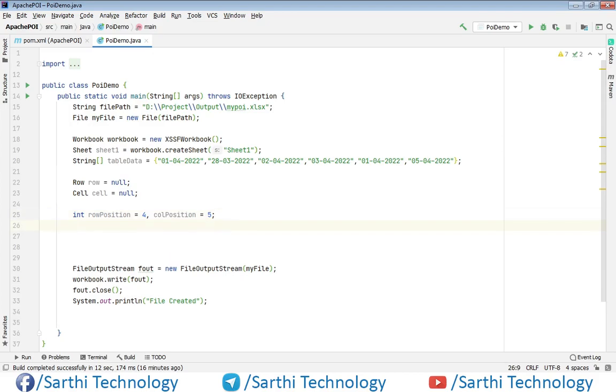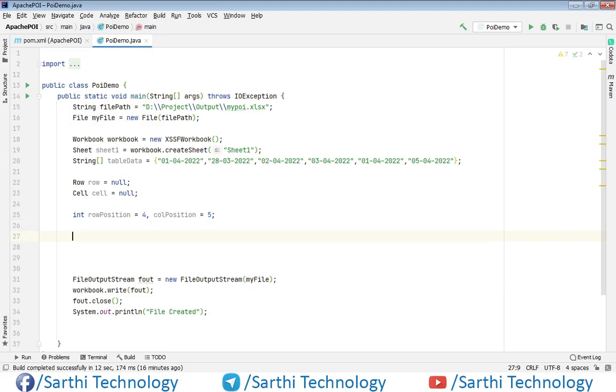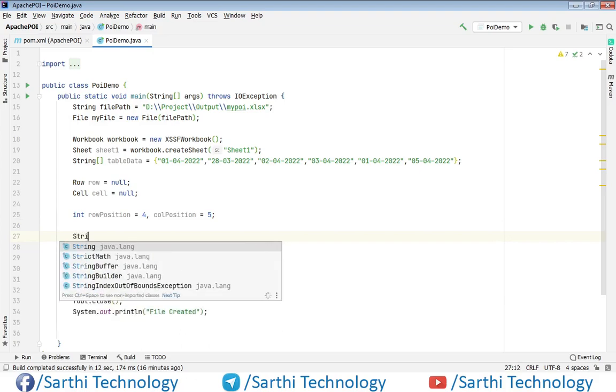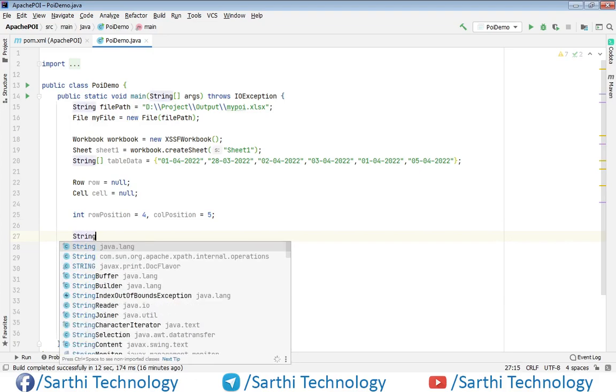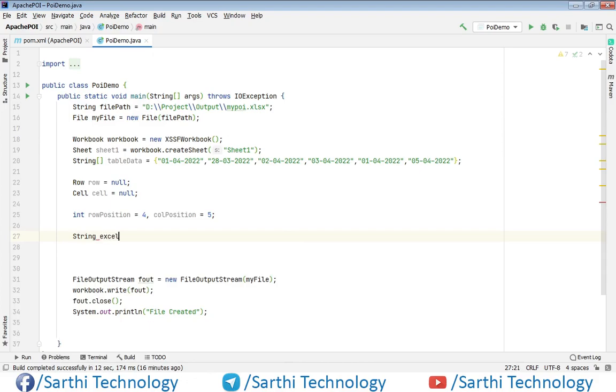Now here we need to create one string object for the date format, Excel date format.